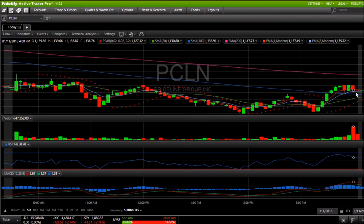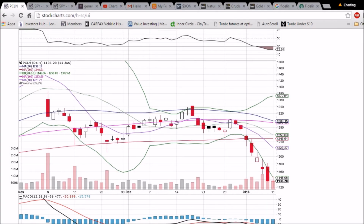I got mine for the 1140 weekly, expiring that Friday at $16.50. One thing I would also like to point out is as we were watching the daily chart for PCLN for how the candlestick was going to shape up after 3 p.m., getting a good idea of being able to assume what it will look like,